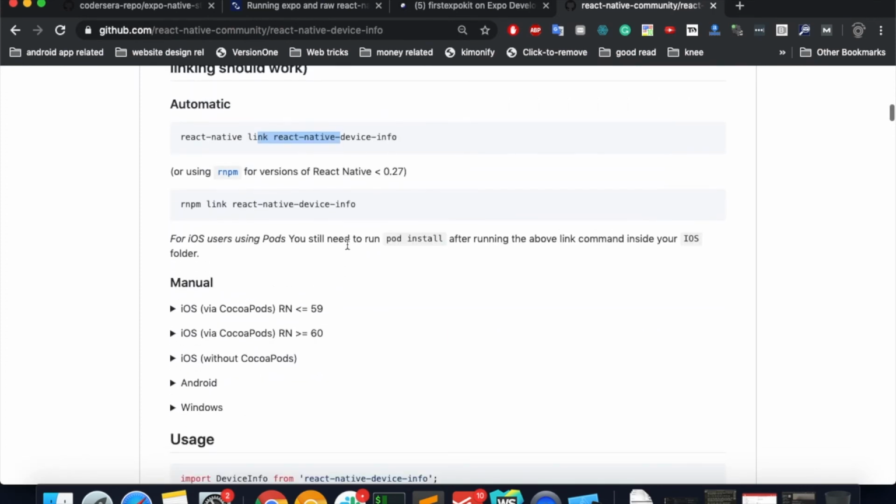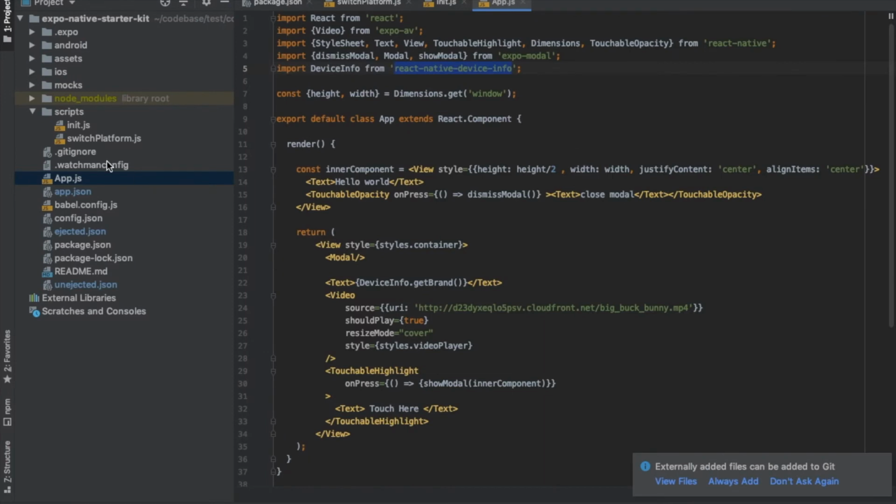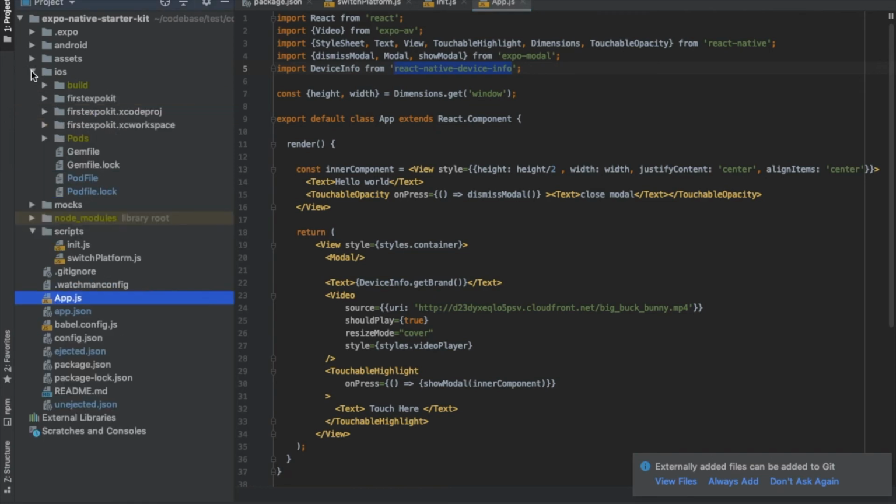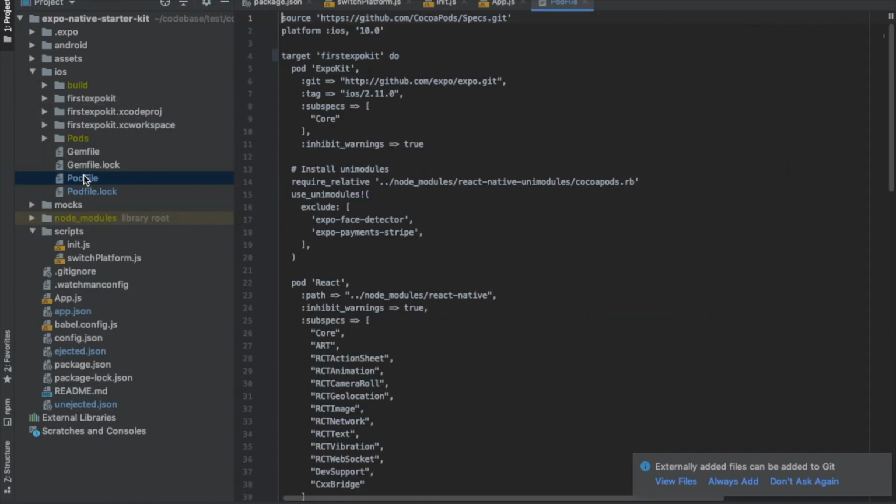So this one required linking, but since it was already in the pod file, it got installed. So if you go and look into the pod file, as you would have noticed, we never did React Native link of this one, but since it was already there in the pod file that was shipped along with this code base,